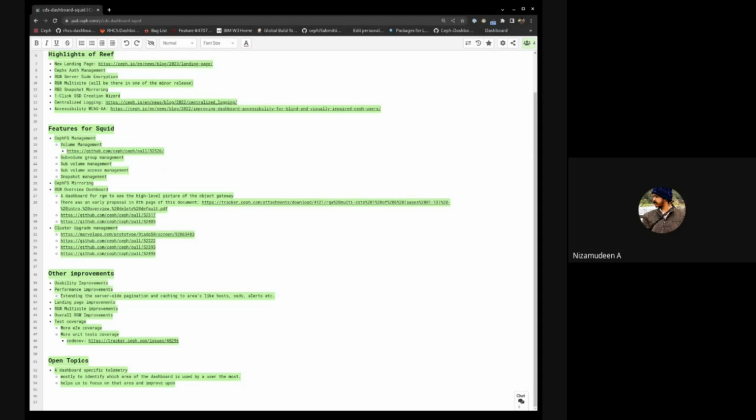Probably once we're done with that, we can go with the CephFS mirroring, which we don't have anything on yet. We recently completed the block mirroring in the dashboard, where there was a gap in the snapshot-based mirroring. But yeah,